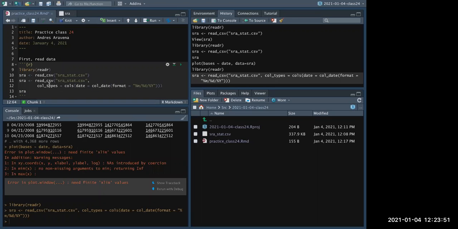So this one extra parameter, this is the old one, I'm going to comment it, just to compare. Here we are saying read everything by default. Here we are giving one more instruction. Read everything, but let me tell you that the column date is a date, and the format of the date is month, day, year. And now if we do the plot again,